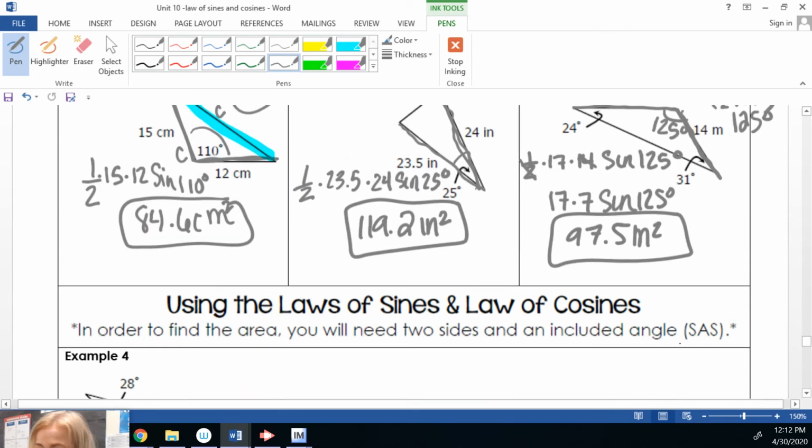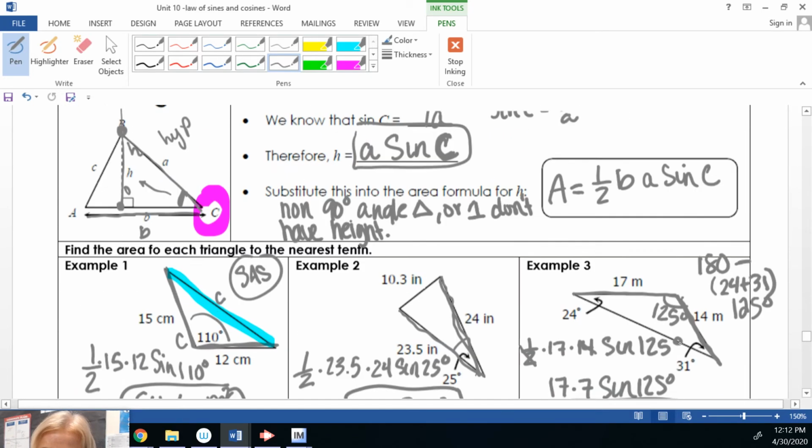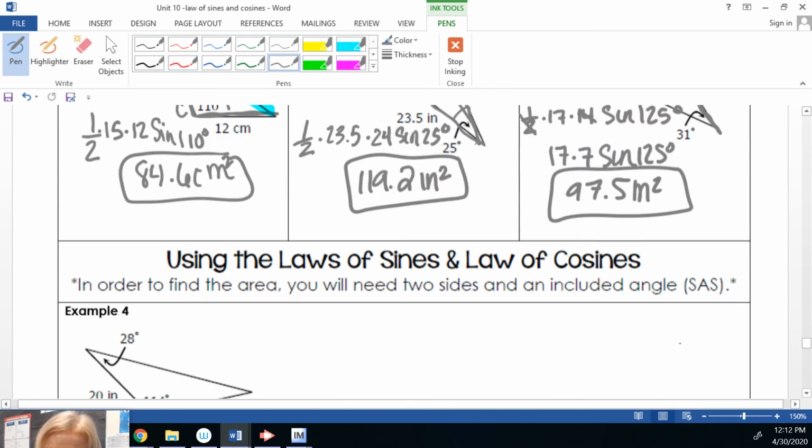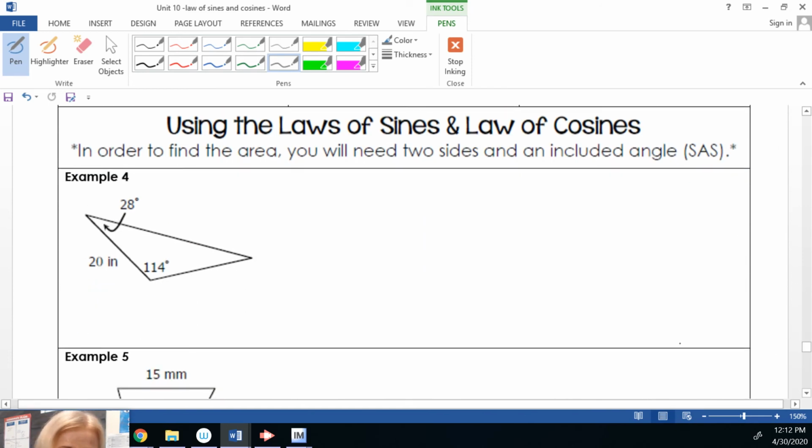And just so you know, that's again when you don't have the base or the height. You do have the base, you don't have the height. Okay. If you don't have the height of the triangle, then you can use trig to get your area without it. Now, sometimes you might have to use the law of sines or the law of cosines,